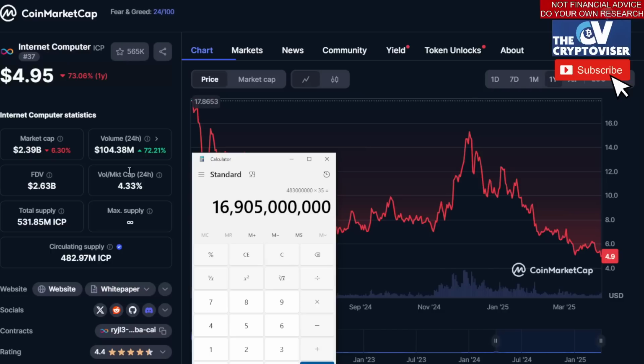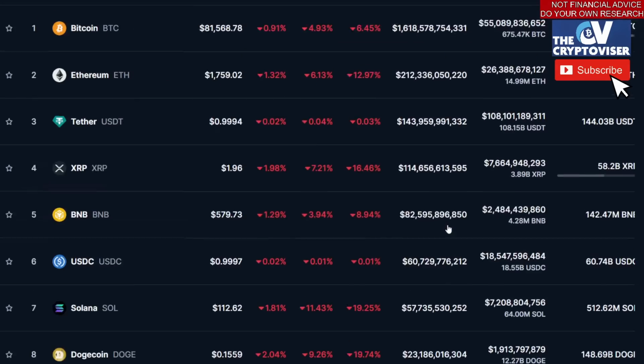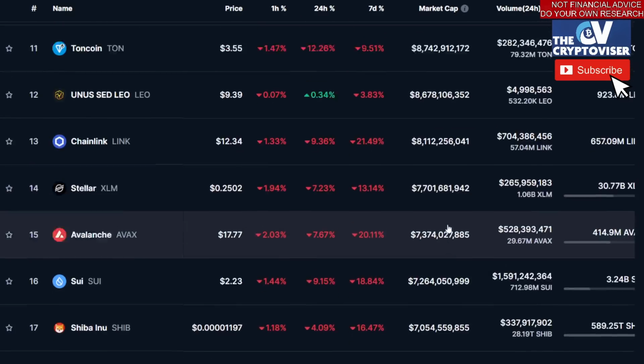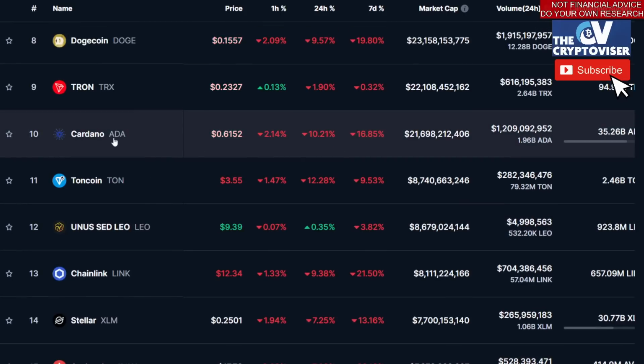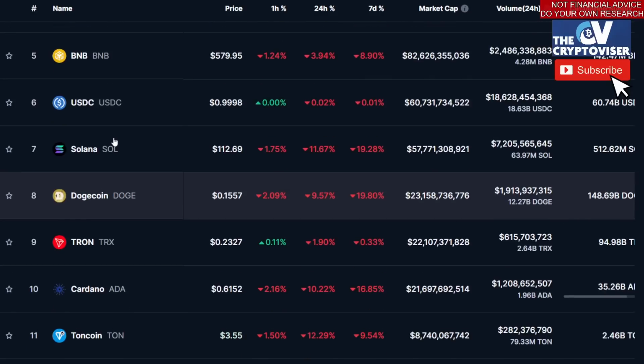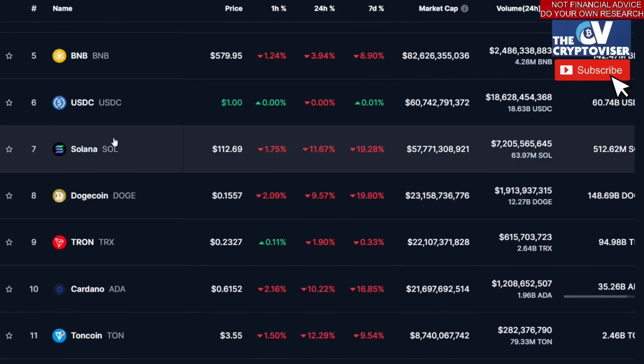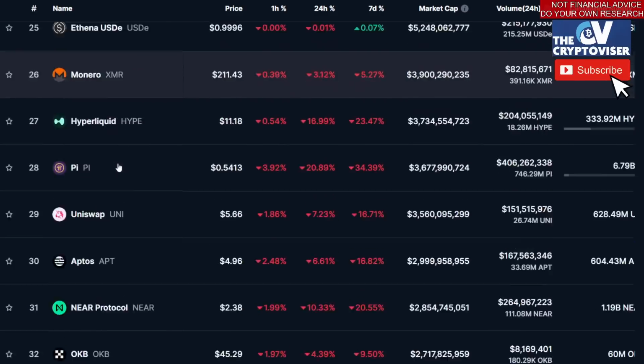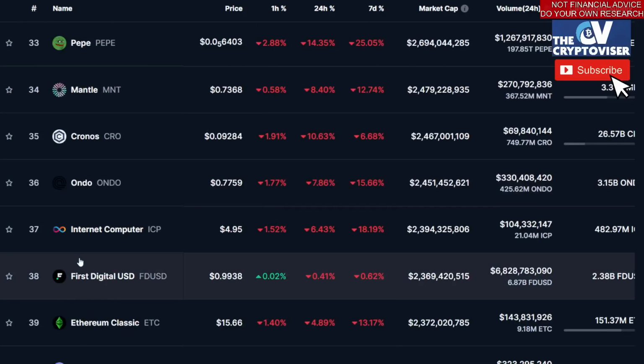I mean, $17 billion compared to where the rest of the market is. That means basically it would be a top 10 crypto based on the current market. But obviously, if Internet Computer went up, we would probably see other cryptos going up as well, because rarely do you see one crypto just move up, not correlated with any other movements in the market. But if it did, it would be in the top 10. But if the rest of the market moved up with it, then I'm sure it would grow places from number